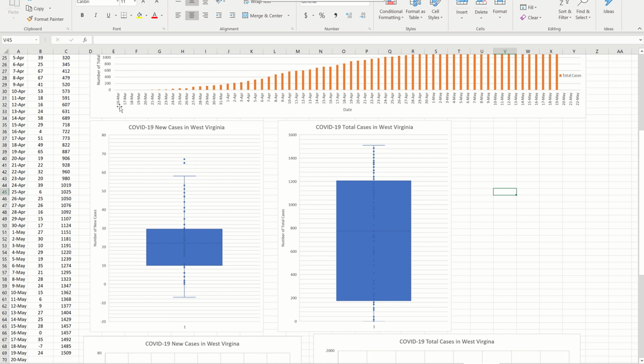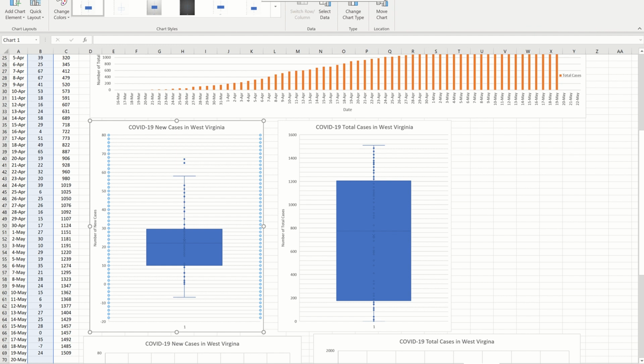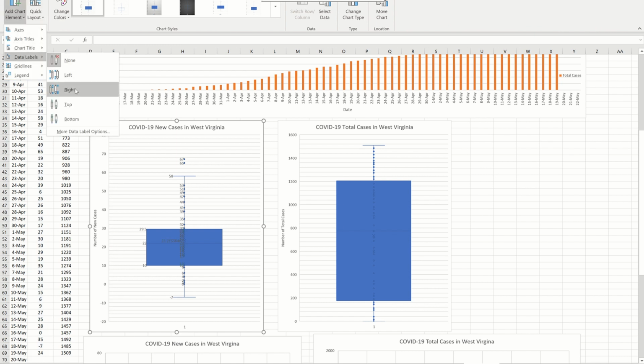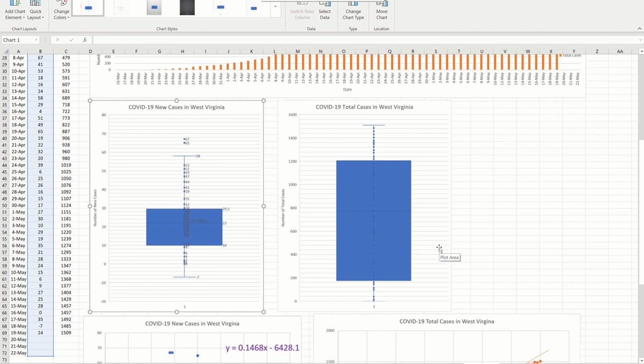Now, one thing you can also do that I know some people noticed, and it's a really cool feature for these box and whisker plots, is if you click on it and you go to the design, you can go to add chart element, and the data labels also work. You can put the data labels however you want and put them to the right. So now I can clearly see my lower and upper quartiles, and my extremes, and even my median right there at 22. So that's really convenient. So that way Excel can do it for you. You don't have to sift through the data and find a 5-number summary. So feel free to include that, of course, in your Box-and-Whisker plots. And if you need help with that, please let me know.